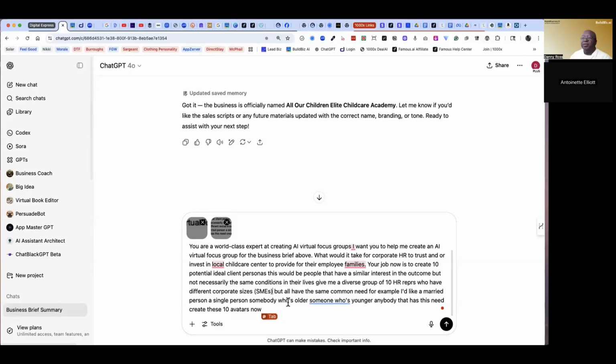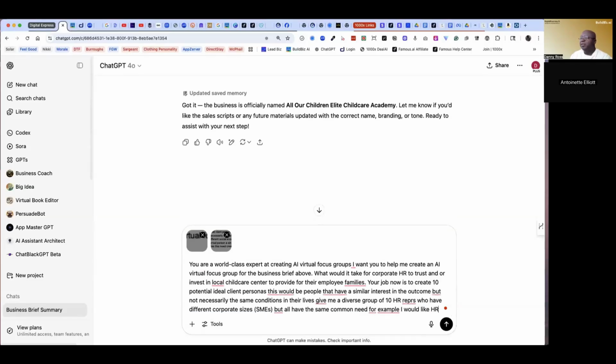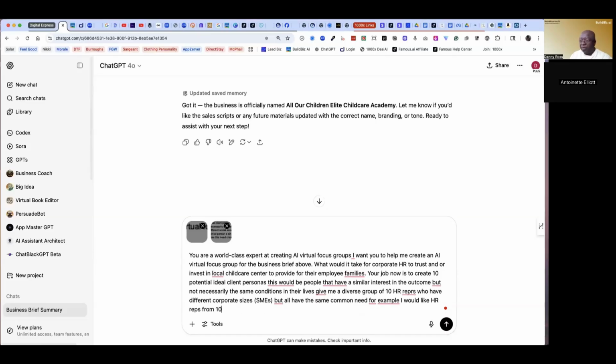You're looking at small and medium-sized enterprises, older, someone who's younger. I'm trying to give it a diversity. Like HR reps, 100 employee companies to several thousands.